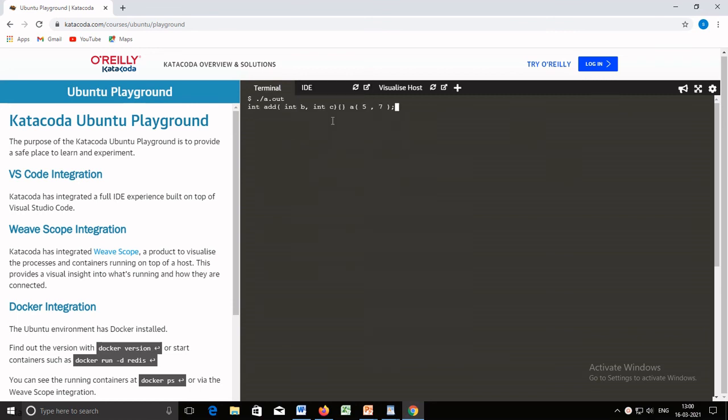Suppose I am calling this declared function. I have declared this function add with integer data type. It is giving me this correctly assigned data type, right? So it is checking the type of these particular variables. If I am giving here 5.5 or 7.5, it will give me incorrectly assigned data type. You can see here, if I give here 5.5, it is giving me incorrectly assigned data type. So in this session, I have demonstrated to you semantic analysis for declaration statement and for function call. Thank you all.